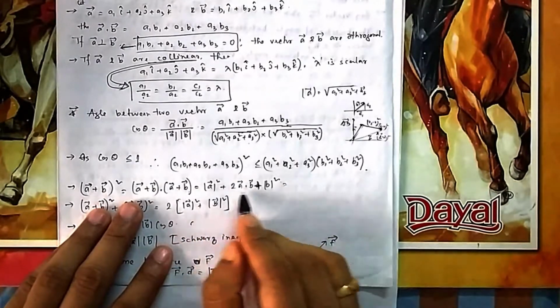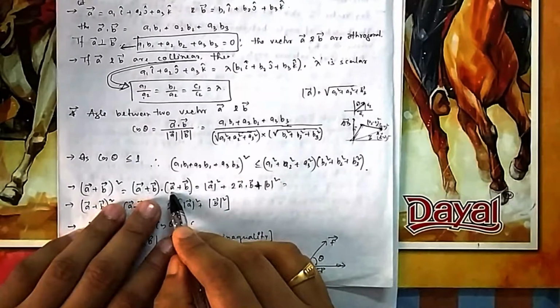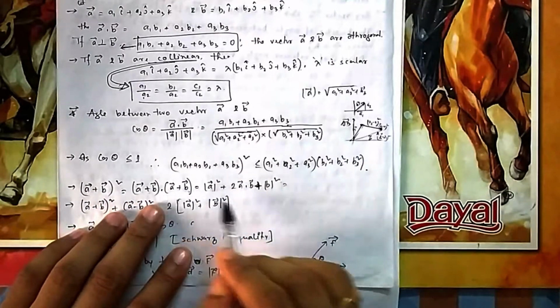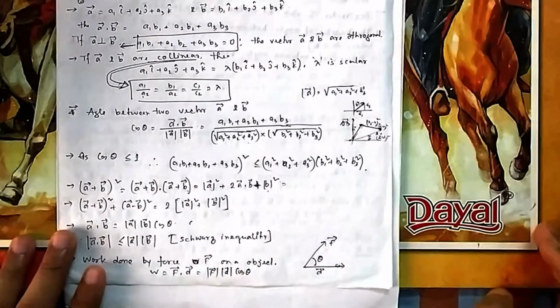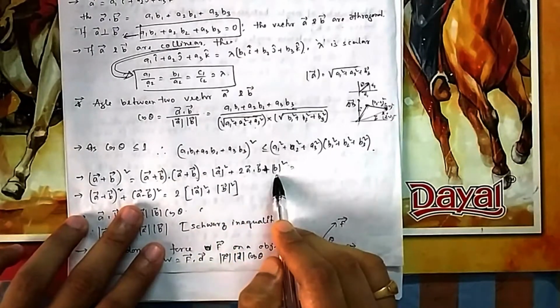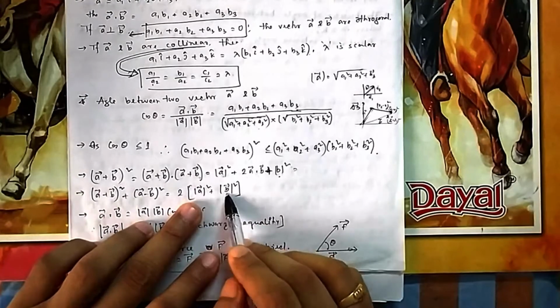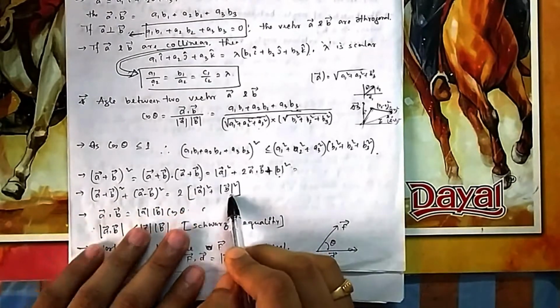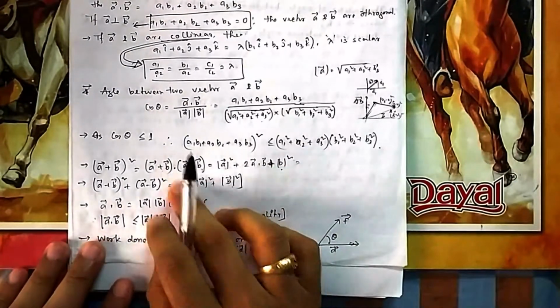I have directly written this one. So a dot a is magnitude a square, a dot b and b dot a. We know a dot b and b dot a are the same, so it is 2 a dot b. And b dot b is magnitude b square. Similarly, a minus b will also be a square minus 2 a dot b plus b square. So if you add these two, it is 2 into (a square plus b square). Not that algebraic, it is mod a square plus mod b square. It is looking like algebra, but there is a slight difference, because it is dot.